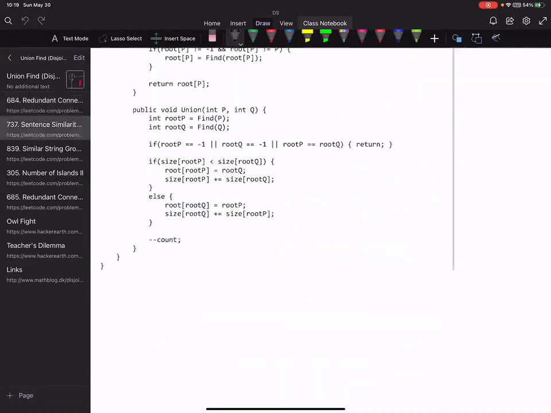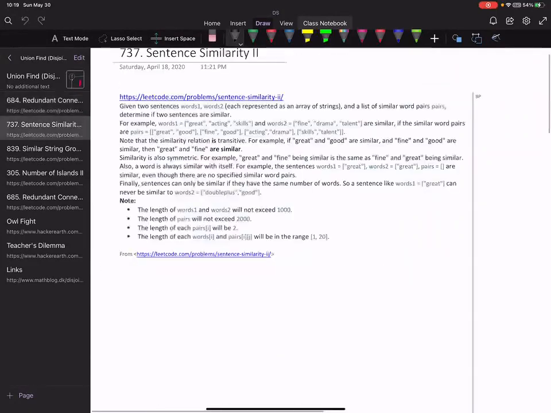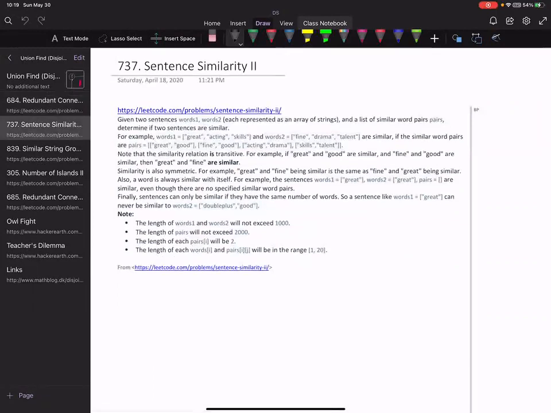Or for example, sentence similarity. So basically great acting skills are the words, and word 2 are fine, drama, and talent. And there are pairs of similar words, like great is equal to good, fine equal to good, acting equal to drama, skill is equal to talent, and we have to find if the first sentence, great acting skills, and fine drama talent, are equivalent or not in terms of meaning.